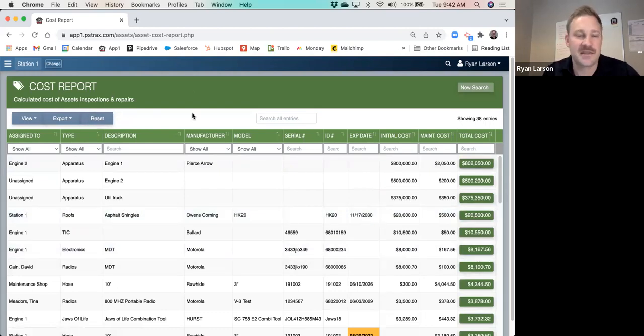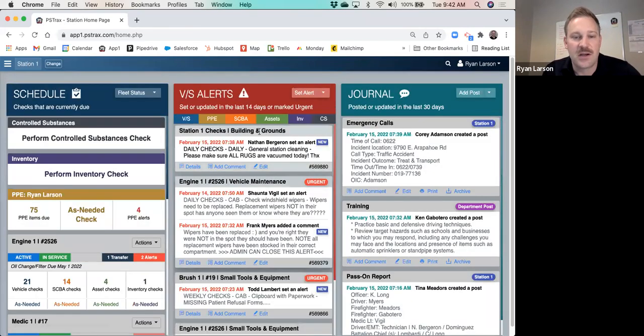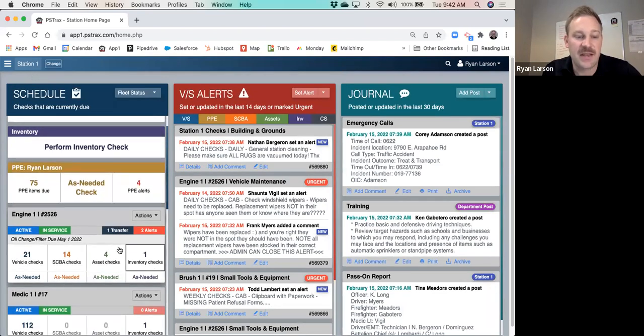All right, I touched on a lot of what administrators can do in the system. If you have any assets and asset events that are performed by your crew members, you can also assign them and schedule those events. So when a crew member logs into their station, if there's anything that they need to perform, for example, maybe it's just an inventory check, right? Once a quarter or once a year, you want them to just verify that they have all the equipment that they should have. You can schedule those, and they'll just pop up right here on their checks that are scheduled. They can click into it,